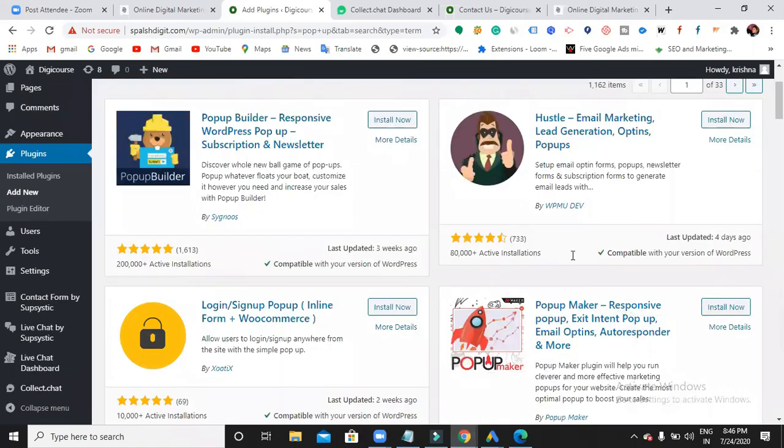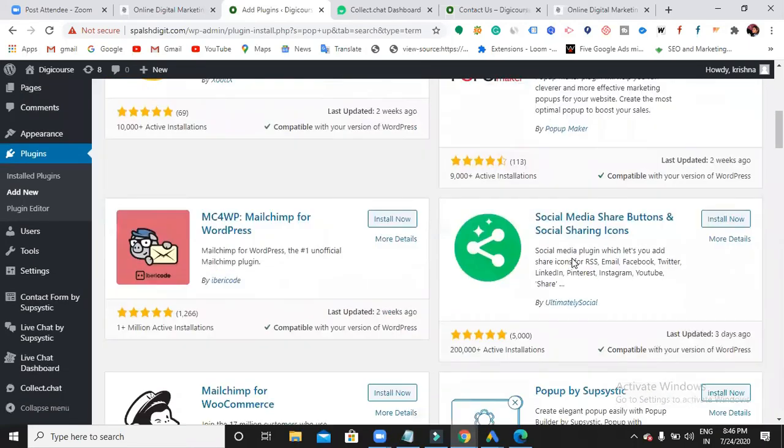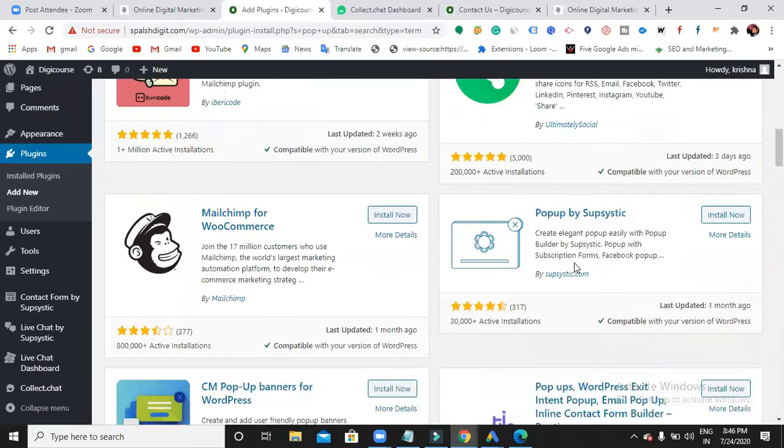Pop-up builder, Hustle, pop-up maker, so many things are there. Go and install and work on that. Let me try to install this. WordPress exit intent pop-up, email pop-up. According to your designing skill, according to your taste, you can install.